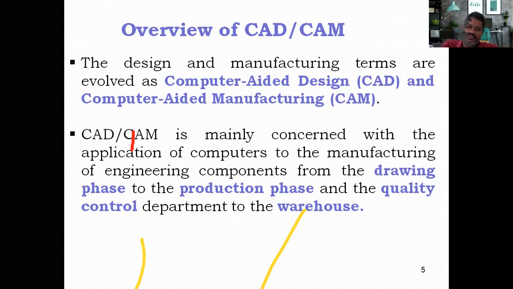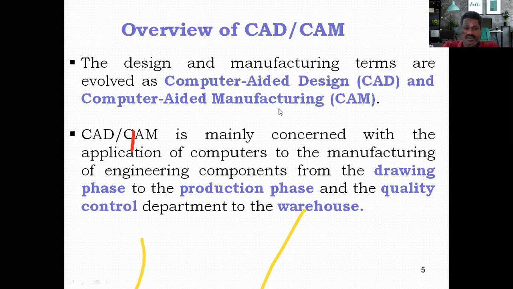This is what the application of the computer in the manufacturing side. Okay. So then in the design side, computer aided design, as I said just now, if you are able to reuse the design part by using the computer, definitely you can reuse the design. You can go to the point where you want the modification, you modify the calculations, and all will be performed using the computer. So if the design phase is assisted with the computer, then that is called the computer aided design.